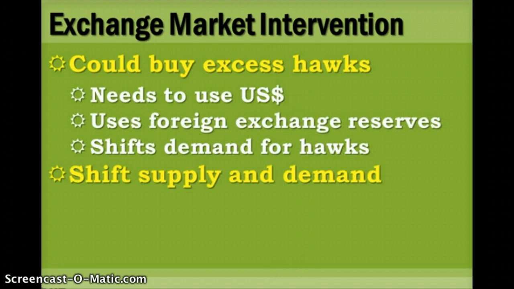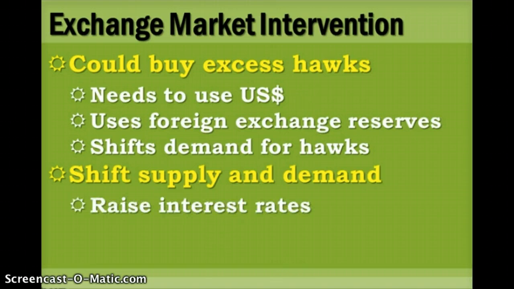They could also try to shift and manipulate the supply and demand of hawks. One thing they could do is raise the interest rate. Maditopia's central bank could decide to sell government securities, government bonds or T-bills. By selling those bonds, they are taking money out of the money supply and causing interest rates to rise. And what we learned a couple weeks ago is that if the interest rate in one country is higher than the interest rate in another, capital will begin to flow into the country with the higher interest rate, which means then that in